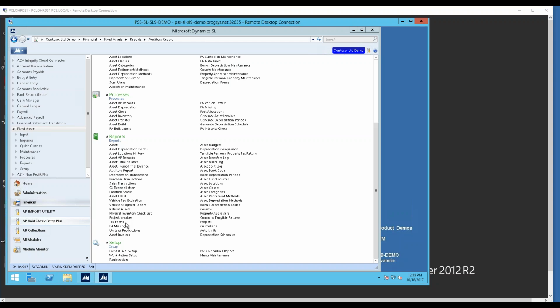We also do the tax forms, the 4562 and the 4797. We have some tangible personal property tax returns. We have logs for anything that happens. And I can send out with the thank you for attending today a copy of the user guide, which has all of the reports and all of the reports in different formats, because each of our reports probably comes with multiple formats as well. So with that, you can type in your questions on fixed assets into the question box,